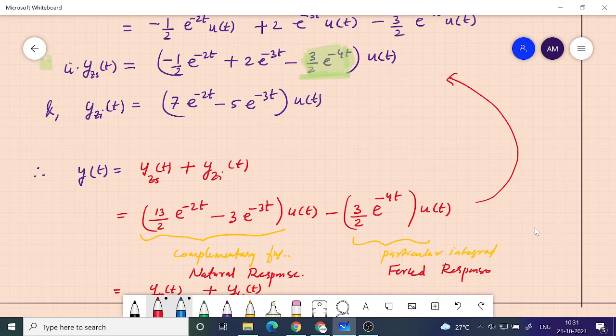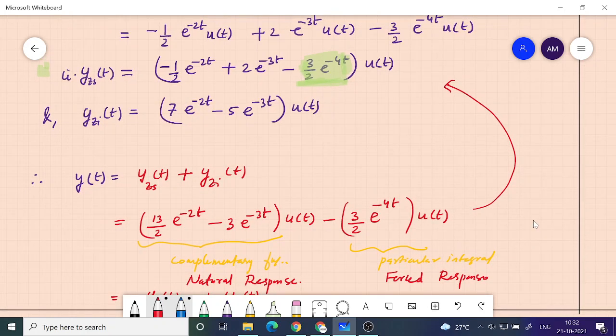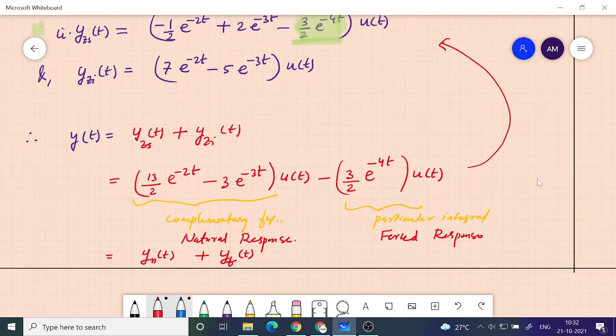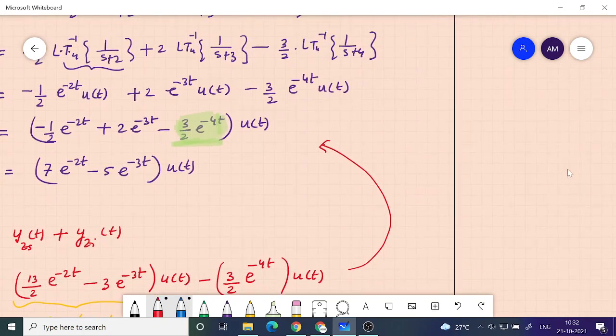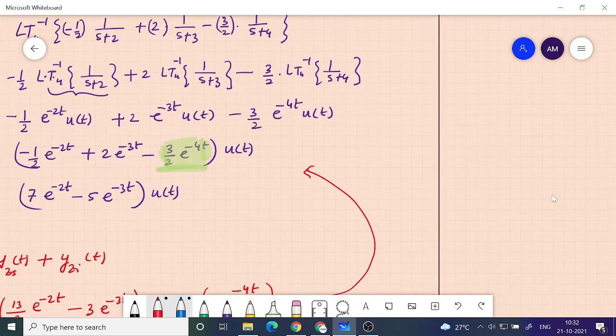Okay, so these are two different ways in which you can arrive at the same total response. The total response is the same whichever method you adopt. If you do all the mathematics correctly, you should get the same result. So you can try using the mathematical principles that you learned to arrive at this solution, and check whether they are the same or not. But I will not go into that, it is not needed for us in this.